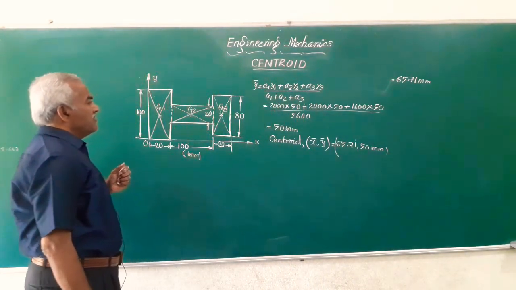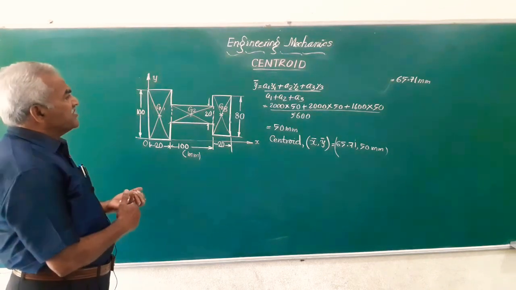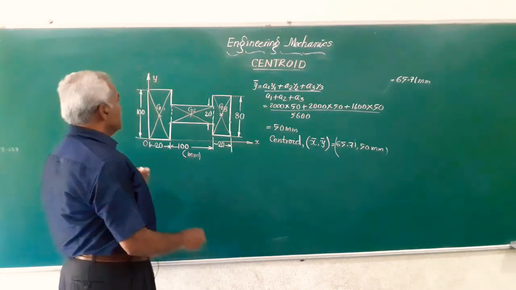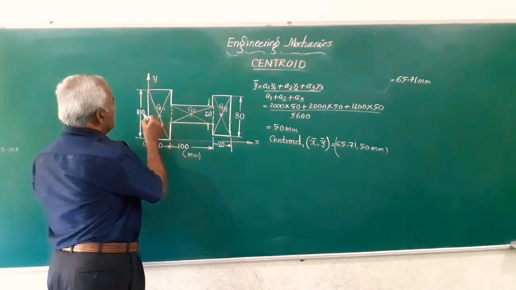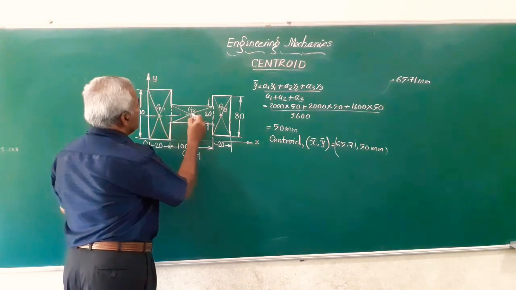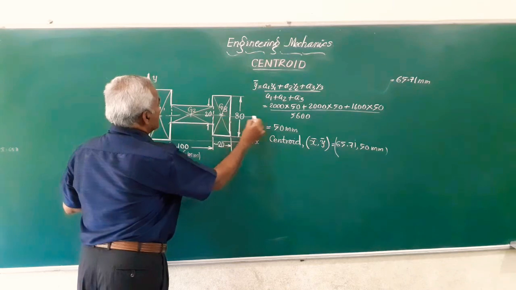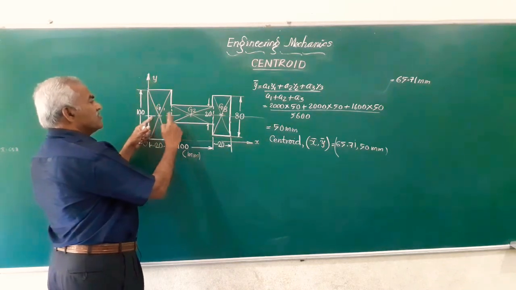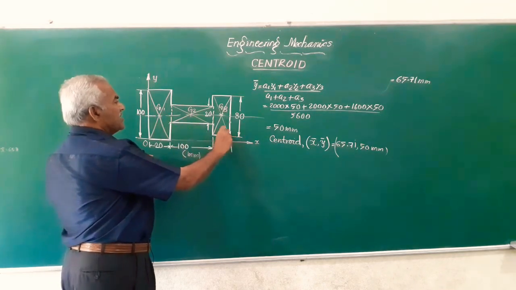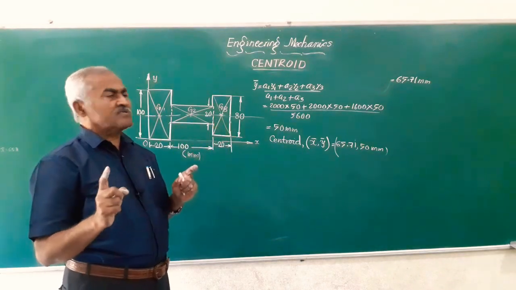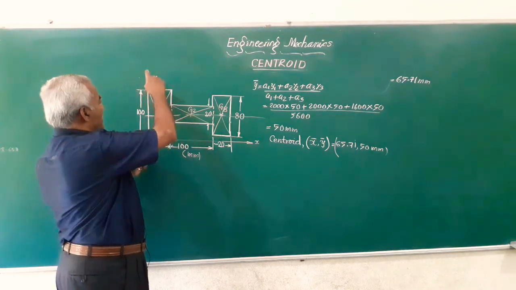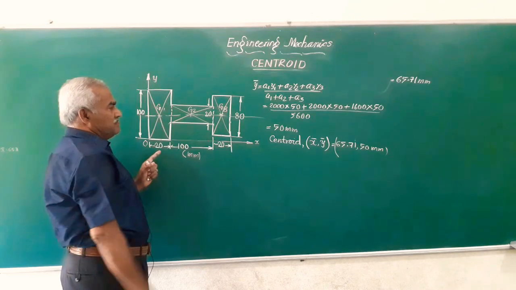Friends, you can see here, one important thing to be noticed here is y bar is equal to 50. Here, as I told you before, the H section, whatever I given here, is symmetrical about the horizontal axis drawn through G1, G2, G3. Since G1, G2 and G3, they are at the same distance from the x-axis, this y bar is equal to half the total height, means this is 100 by 2.